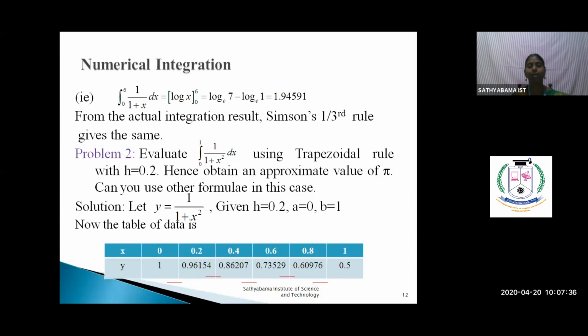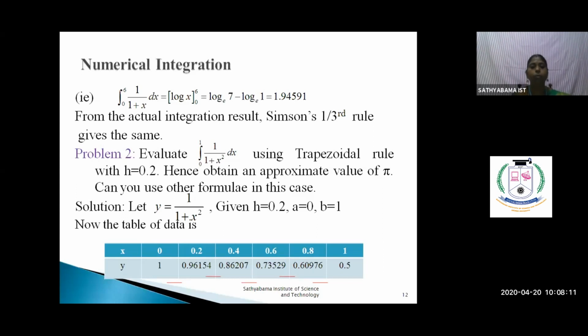And now you look at the number of intervals here itself. The number of intervals is given in that red line. See the number of intervals: 1, 2, 3, 4, 5. So n equal to 5. See, 1 to 0.96, that is y0 to y1, y1 to y2, y2 to y3, y3 to y4, then y4 to y5. So the number of intervals is n equal to 5. Keep that in mind.